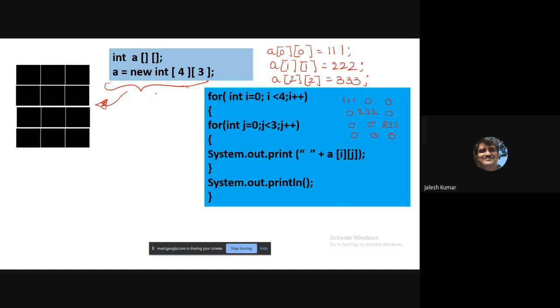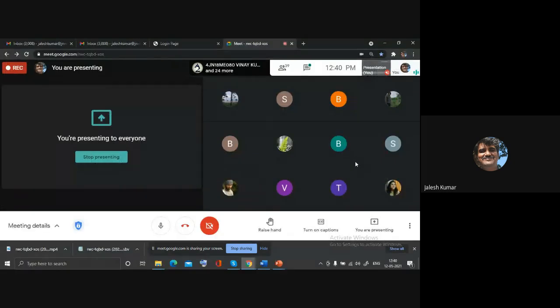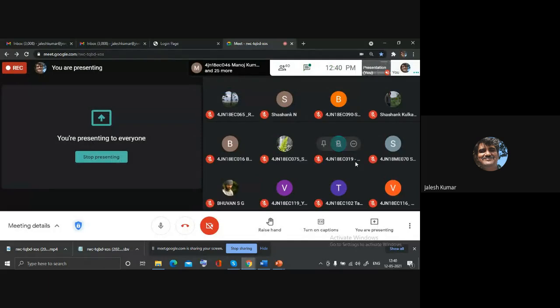After that, I'll execute the same code. I'll make a for loop for row and a for loop for column, and after that, I'll print a of i j. If you print like this, what are you expecting?